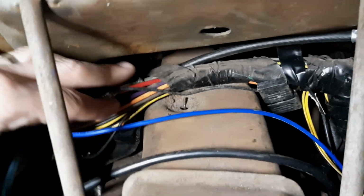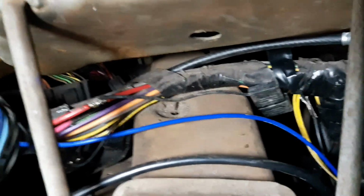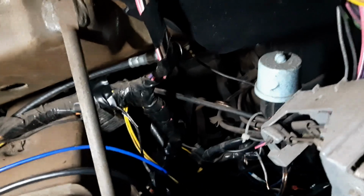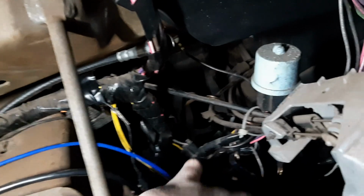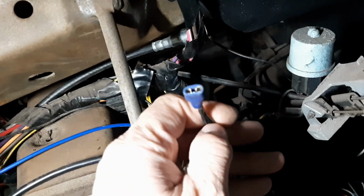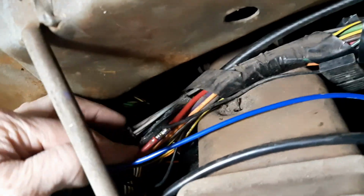Alright, so what I've done is I've tapped in a fuse holder into the constant 12 volts above the steering column. I've went to the fuse holder. Off the fuse holder, I went down to my switch. So I got a switch that I'm going to mount under the dash. Little toggle switch. And from the toggle switch, I soldered on a spade connector that will attach onto the back of the clock. Also from here, I'm going to tap in